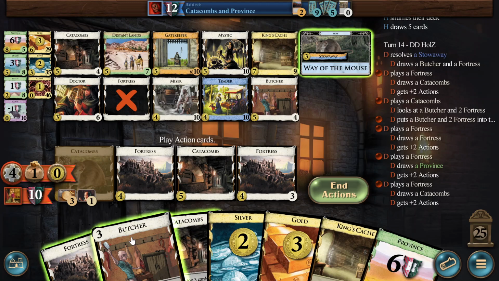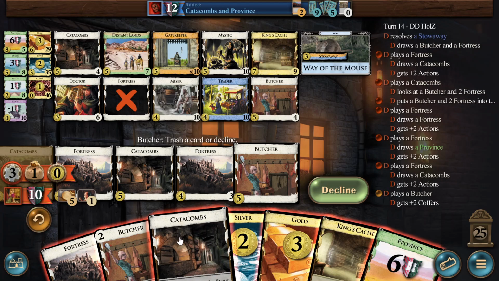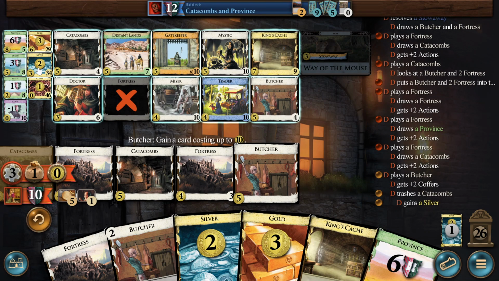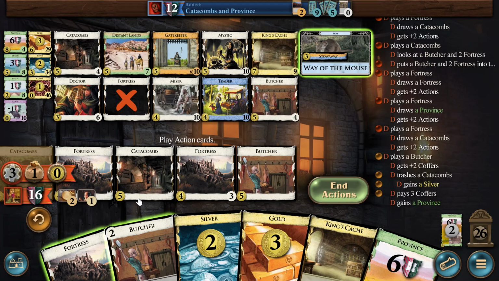So we certainly play a butcher now. Butcher. Catacombs. And now it's a silver and we get the province. But before I draw, I need to think this through. So we can mill